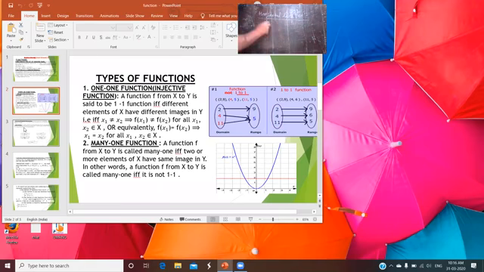Now here we take some example. Suppose you have a curve x square is equal to 4ay, which is already given in your graph. If you draw the curve of that, here you see that it is the equation of a parabola, which opens towards the y-axis. Now you draw a line which is parallel to the x-axis. Here you see that the line intersects the given curve at two distinct points. So it is not one-one. That is not a one-one function. So you check that the curve is not a one-one function.